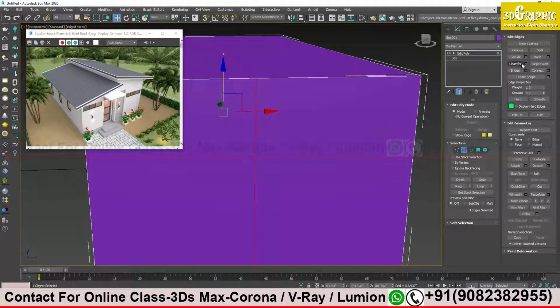Can you hear me? Yes, sir, I can hear, sir. Okay, here I am trying to create a duplicate of my selected edges. So I will go to the option over my edit edge. There is an option called chamfer. If I click over here, you see my one edge has now become two edges.